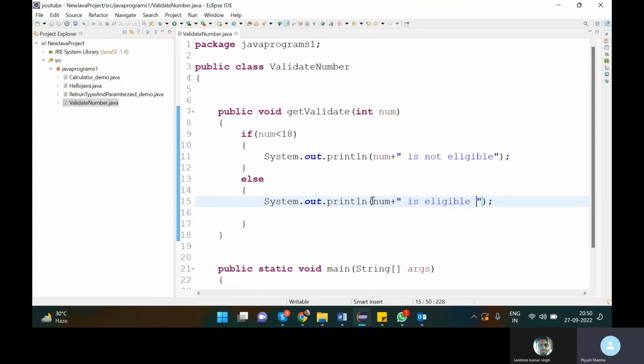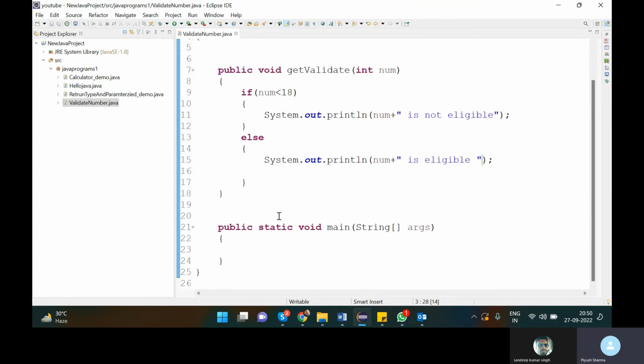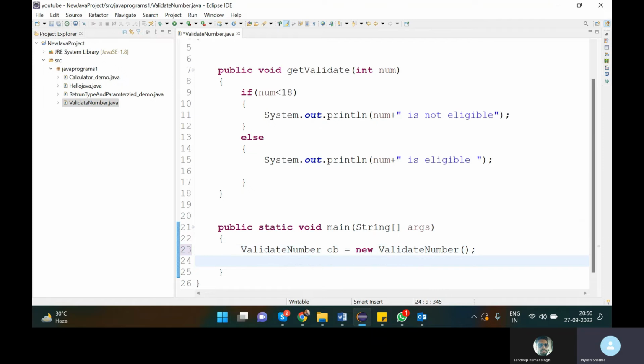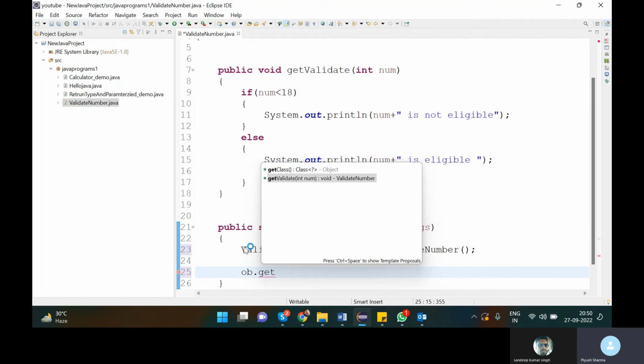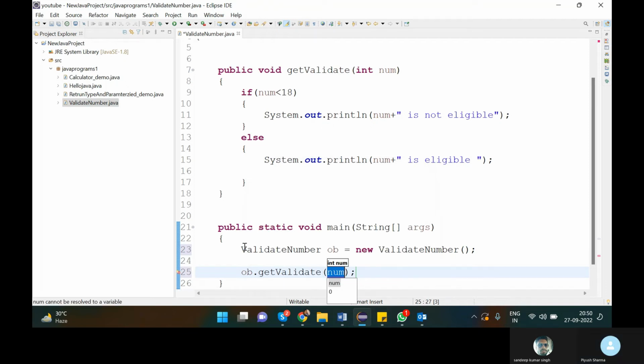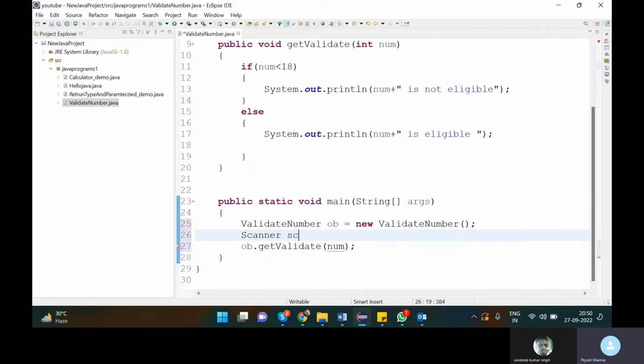Now, to call that method, firstly we create an object of the class: ob equal to new Validate. Then we call ob.getValidate. That number we need to take from the console, so we use the Scanner class: new Scanner(System.in).